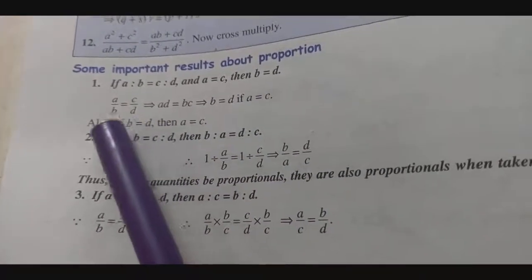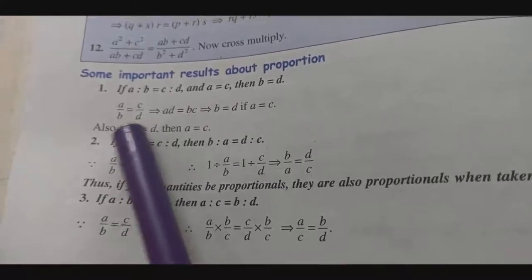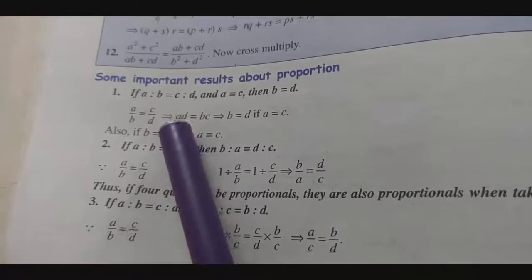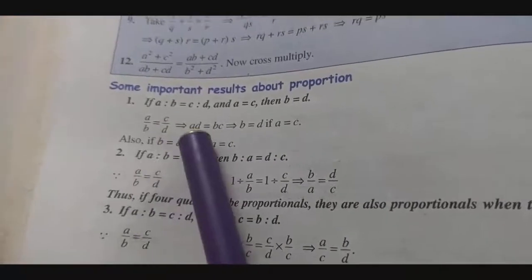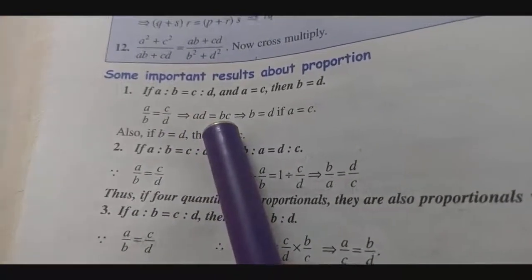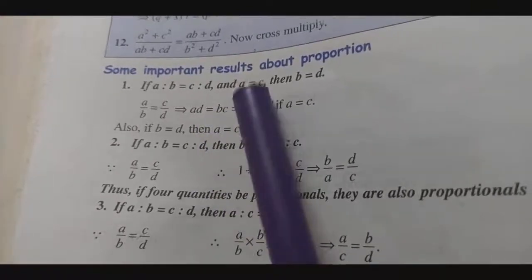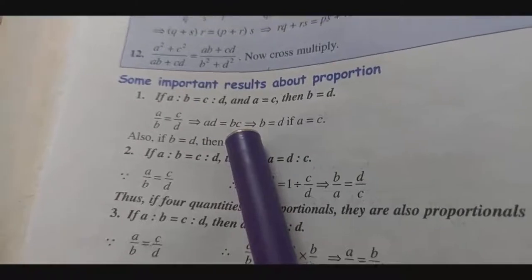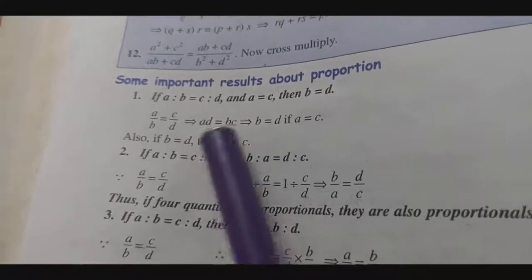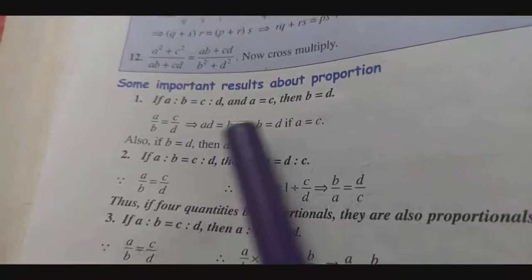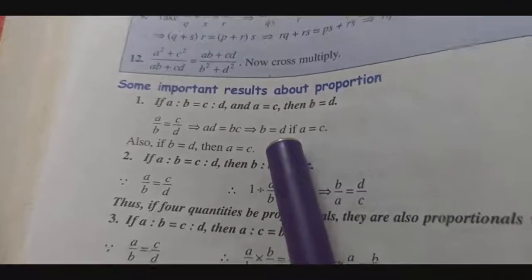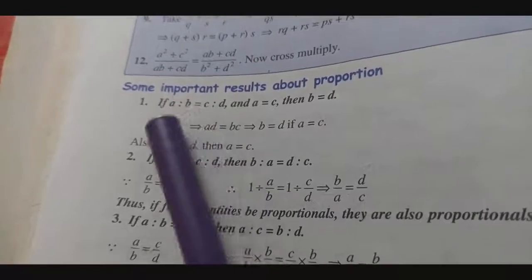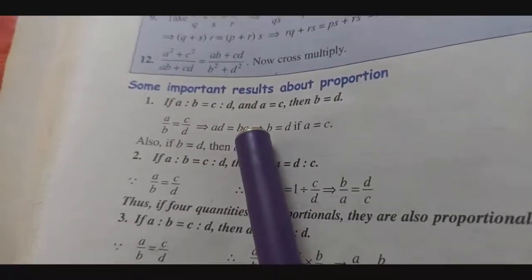This is very simple, that if you are given this way ABCD in proportion, you can see, so we can take them in the cross multiplication as AD is equal to BC. Now if A is equal to C means the value of A is equal to value of C, then it will get cut, and we left with B is equal to D. So that is very simple, that if A is equal to C means two terms are similar, then other two are also similar.